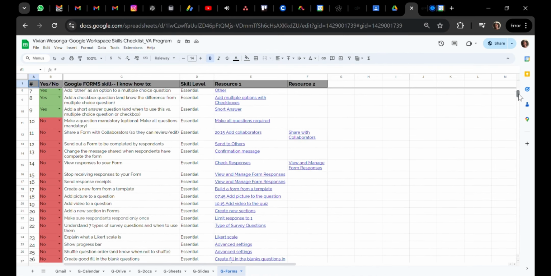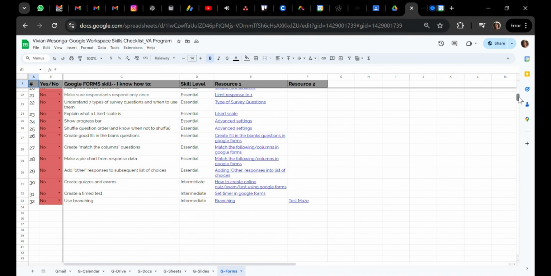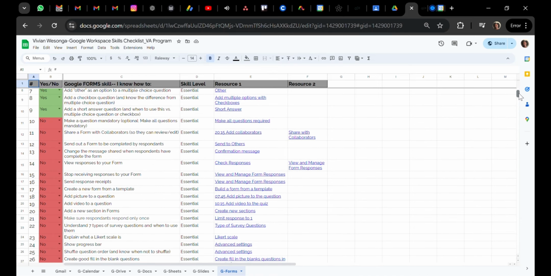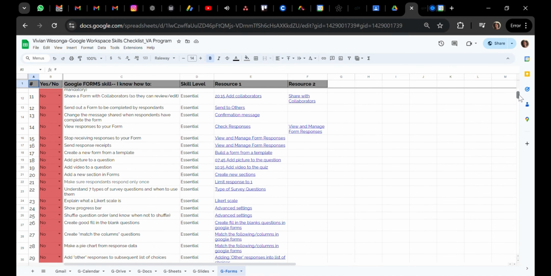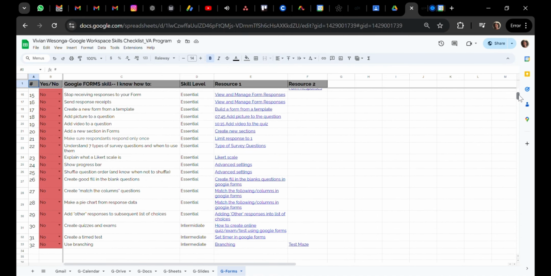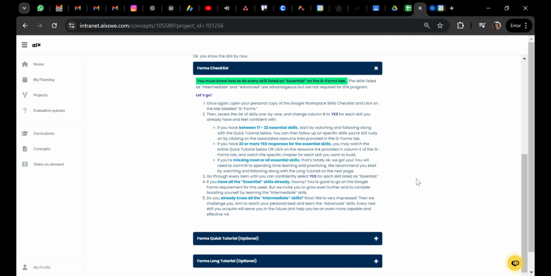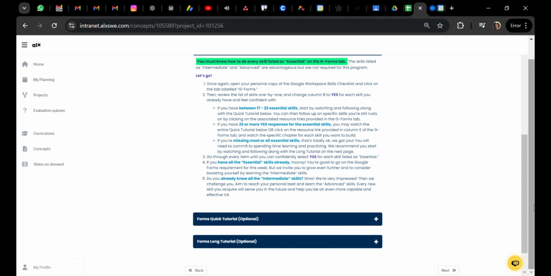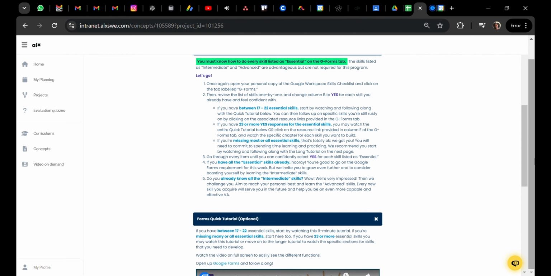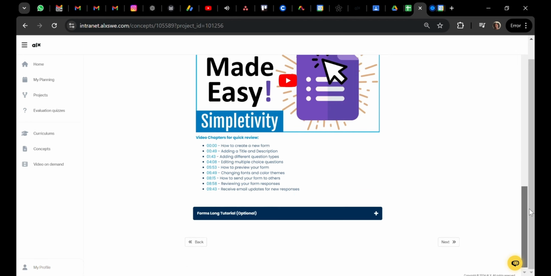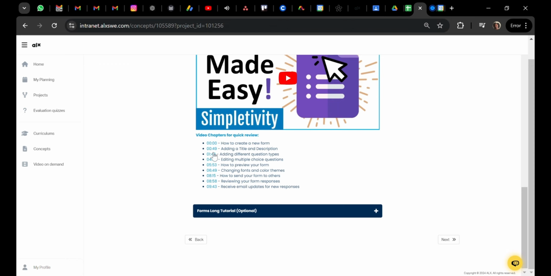So we are going to open the Form tab, Google Forms. I rarely use Google Forms. If I use them, it's once in a while, and I just use simple options. So you can see here, I'm only good at like 20%. This is an area that I need to improve on. It means I need to go through the videos and understand all about Google Forms. So there are links there, and that means I need to go through this.